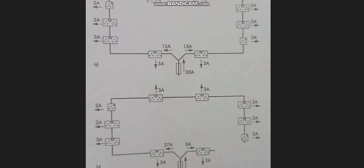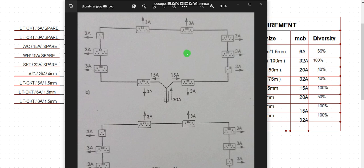I think I have a picture of a standard ring circuit, something like this. So take note, if you want to do the local way of a standard circuit, you can meet up and do your ring circuit. I want to do the local way of a ring circuit, that is a radial circuit. So take note, each point of your ring point is entitled to 3 amps. So if you want to do it that way, maybe you want to use 5 points to make one radial, or 6 points to make one radial. So the formula for you is 3 amps times the number of sockets you want to electrify. So multiply them, and from there you now get your outgoing breaker to protect from the distribution board. For instance, I want to do a radial circuit and I want to use